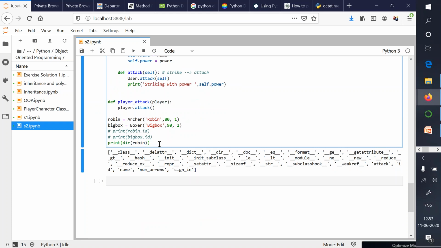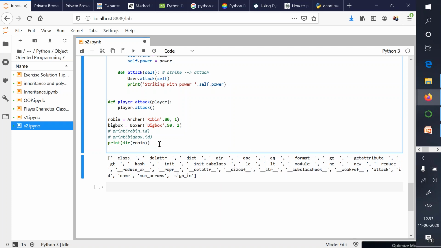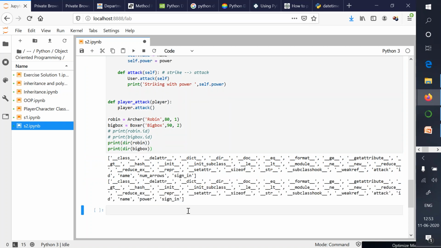Anywhere in the programming language, you can check what kind of access an object has to the methods or to the variables. Similarly, now if I print dir big box, then you will see that now also you have got a list of methods or variables that are accessible, and now you can make a comparison.